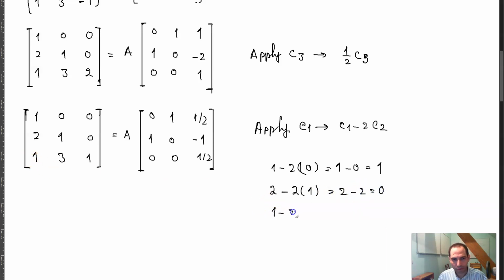And then 1 minus 2 times 3, which is equal to 1 minus 6, which is equal to negative 5. So the first column becomes 1 0 negative 5. The two other columns remain the same, 0 0 1,